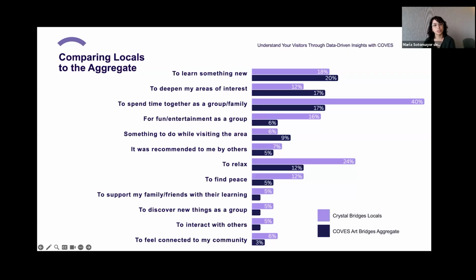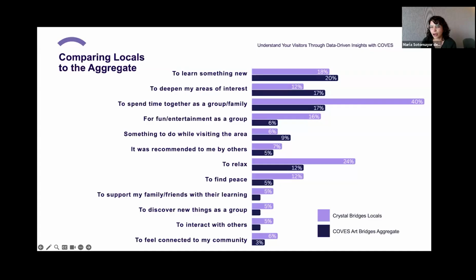So even though these percentages might seem slight, they start cluing you into how these audiences are different and into the nuance that all of your audiences have. So if you want to attract a specific audience, use your advanced filters and take a look at what's motivating them to come to your site and then make decisions based off of that. And it feels so much better having data backing your decisions rather than just a gut feeling, although I'm not against gut feelings. But it just helps justify decisions, planning, programming, all of that.